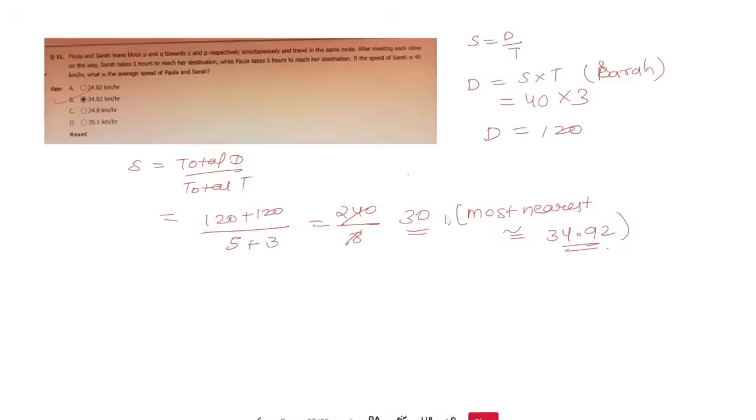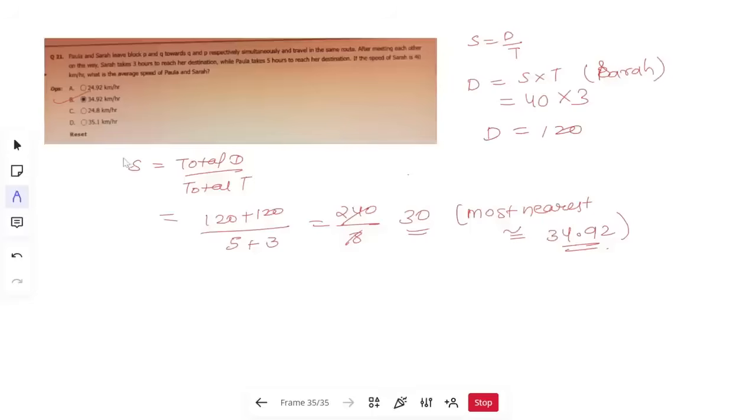Let's look at this question, guys. So in this question, Paula and Sarah leave block P and Q towards Q and P respectively simultaneously and travel in the same route. After meeting each other on the way, Sarah takes 3 hours to reach her destination, while Paula takes 5 hours to reach her destination. If the speed of Sarah is 40 km per hour,